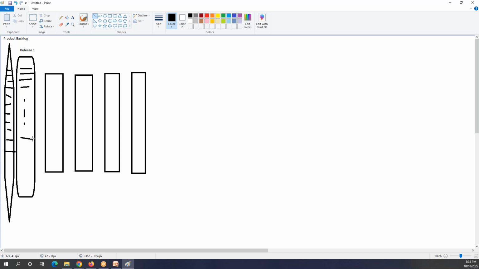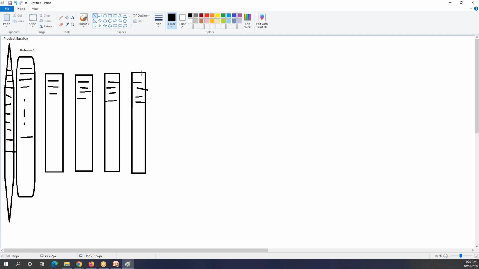From these 15, the developers will work on 3 the first time, then 4, then 4 again, then 4 again. This is the way they will work and complete the target for the release.